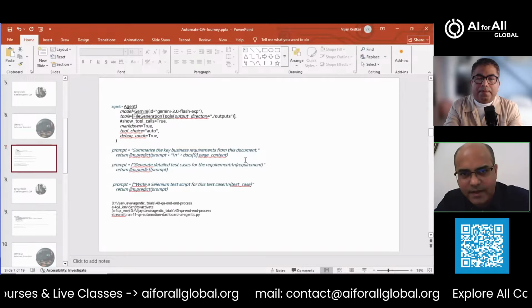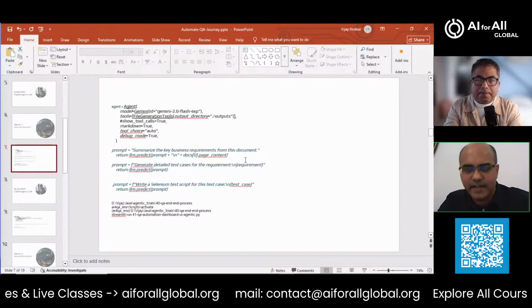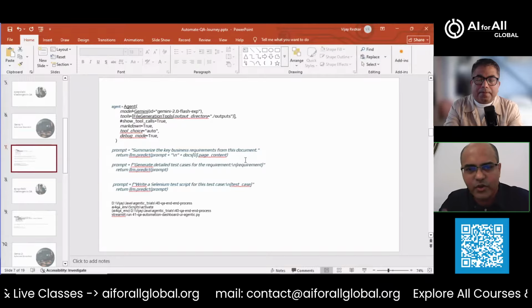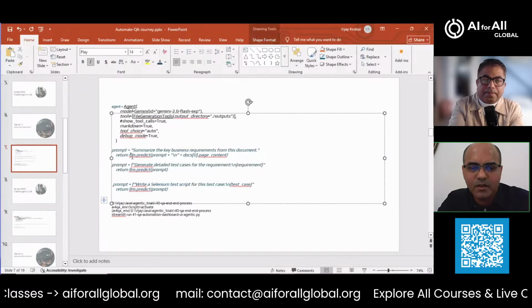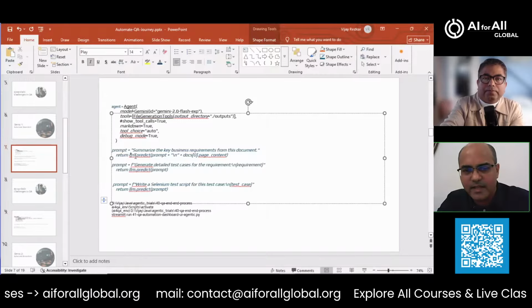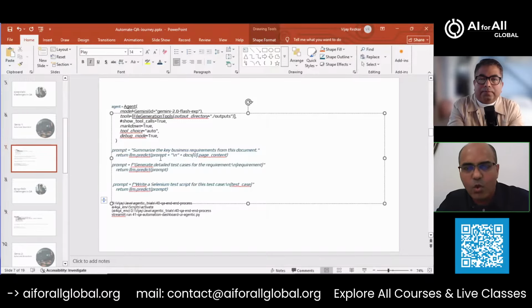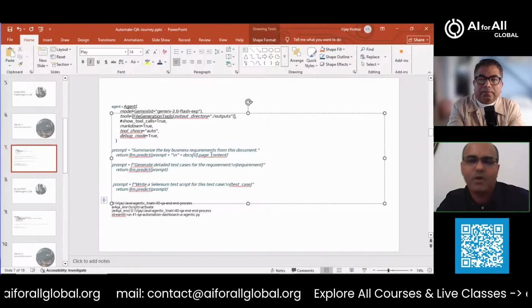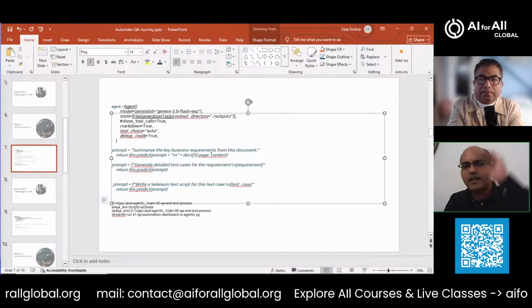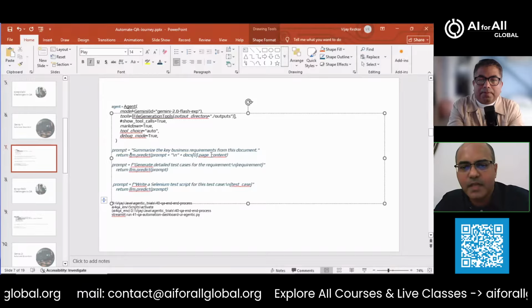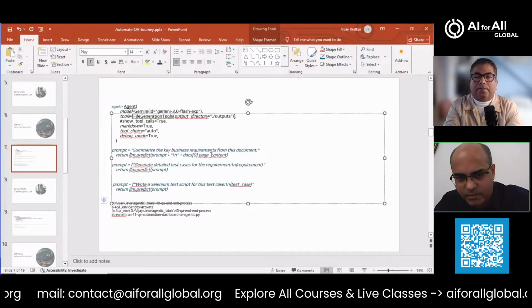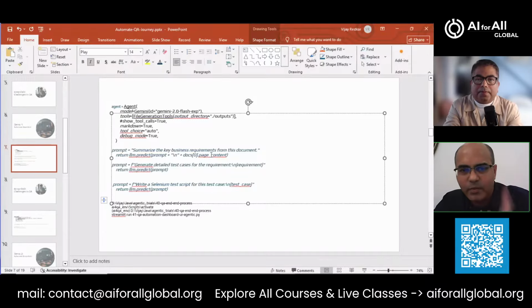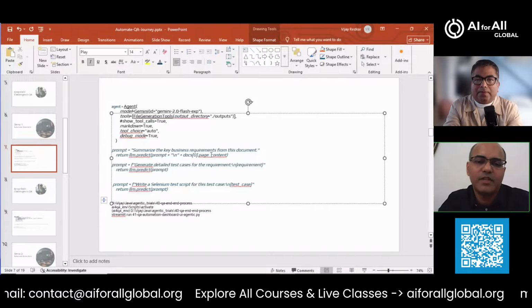That's it. Because when you get the text out of your document, the only thing you need is to make a call like this. You call the LLM, using something like LLM invoke or LLM predict, and give it the prompt along with the context of the text, say the BRD or whatever text you're passing to it. It will be able to read through all that and give you the response.